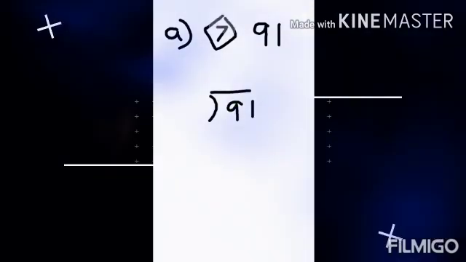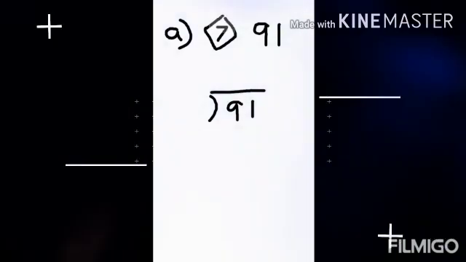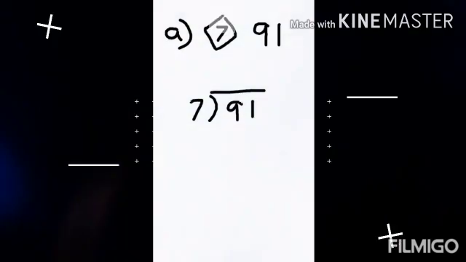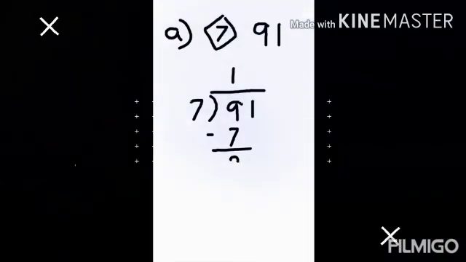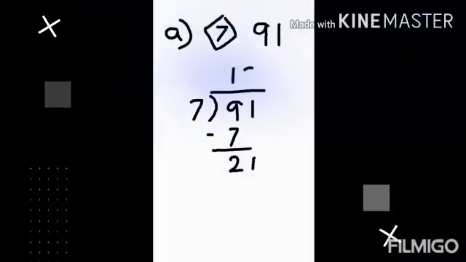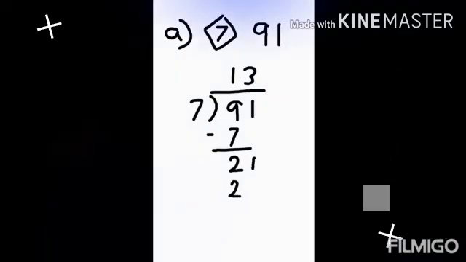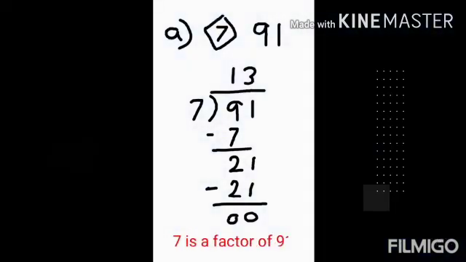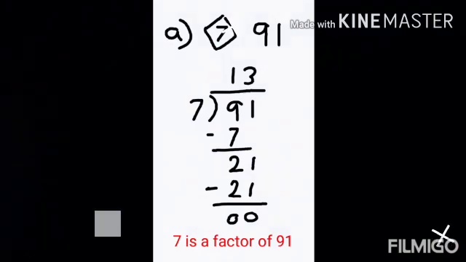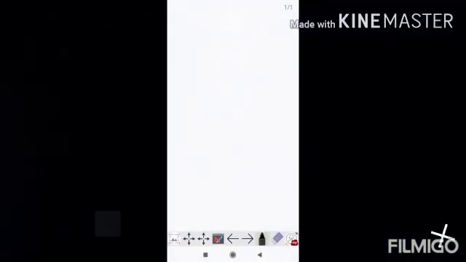So what will we do? We will divide the second number by the first number, meaning 91 divided by 7, and we have to check whether 7 is a factor of 91 or not. Do you remember how to check? If the remainder is 0, that means it is a factor. So we will divide. 7 ones are 7, minus, we get 2, and we bring down 1. 7 threes are 21, and after subtracting you will get the remainder 0. So 0 is coming, that means 7 is a factor of 91. So we will write that. And if the remainder is not 0, that means it is not a factor. Like that you will write.